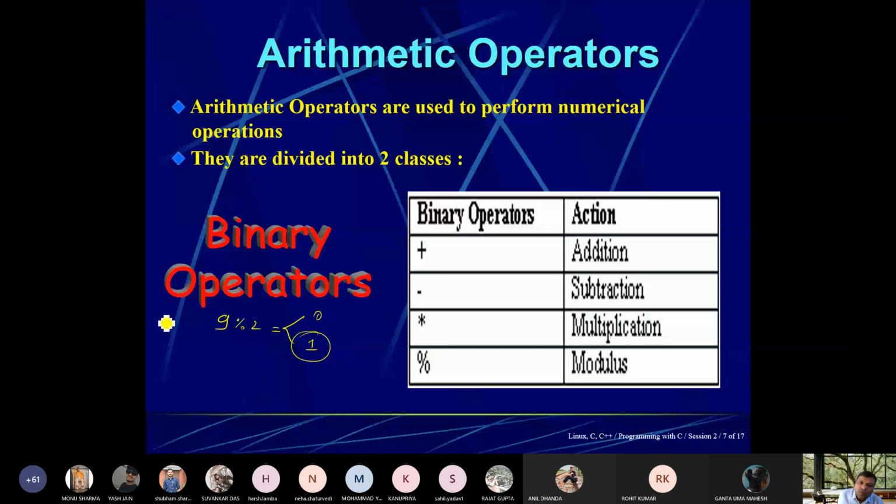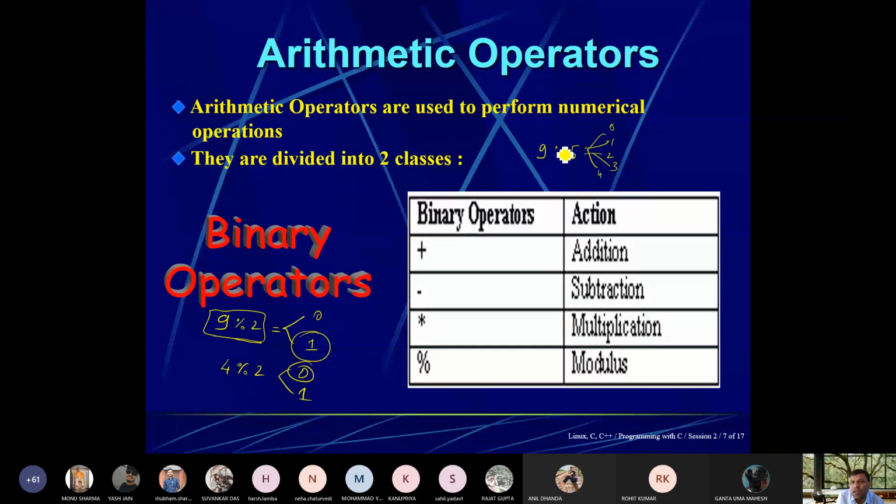Similarly, 4 mod 2 will produce either 0 or 1. I know that it will produce 0, but the reason I am saying this is that if you are taking mod 2, it will always produce only two results. If you are taking 9 mod 5, then 0, 1, 2, 3, or 4, any of these values may come.